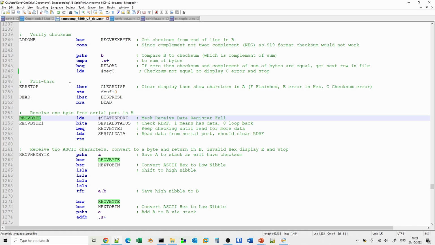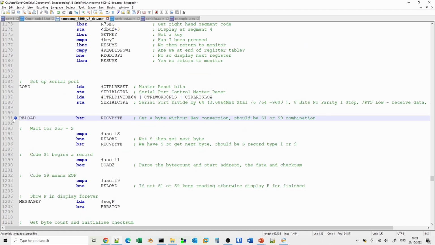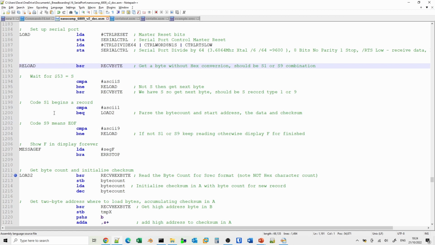So if we now go back to the point where we left that, so that's receive byte. What we're doing is, first of all, we always expect the SREC format to include an S1 as the first record that we're going to be receiving. And so what this will do is just wait for an S to be entered. Once an S has been received, it will then look to see whether or not we've got a 1. If we've got a 1, then we start the loading process. If we got a 9, then that would mean that we got to the end. It may be possible just to send a record with just the S9 record in there. And that could be one of the tests we can try out later.